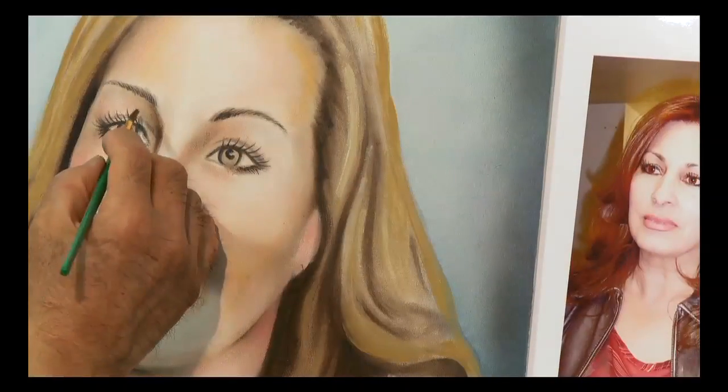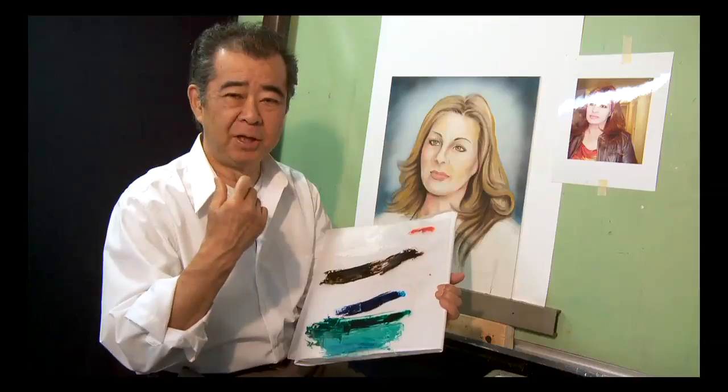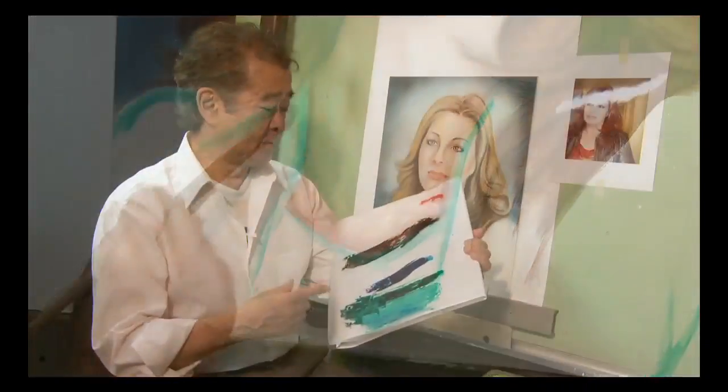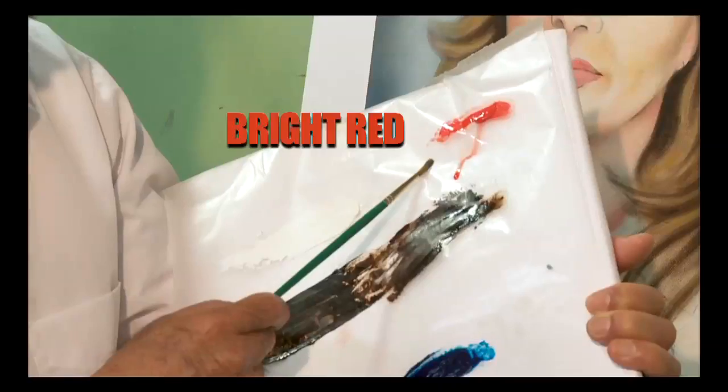And today we're gonna retouch the face, the final shade and the highlights. We're gonna do also the dress, and that's what we're gonna be using today. Probably gonna be using the red bright,